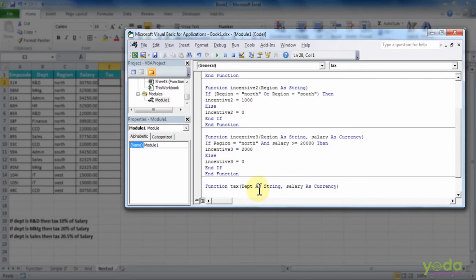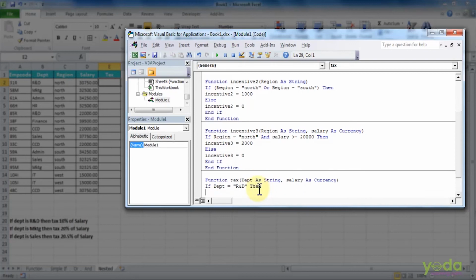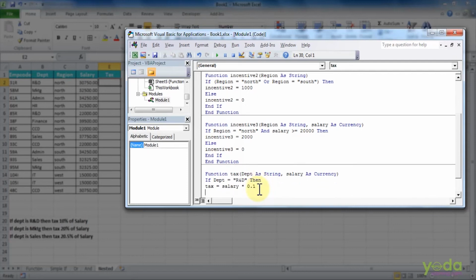Now here, if the department is equal to R and D, then the tax will be equal to 10% of the salary. I'll say enter.